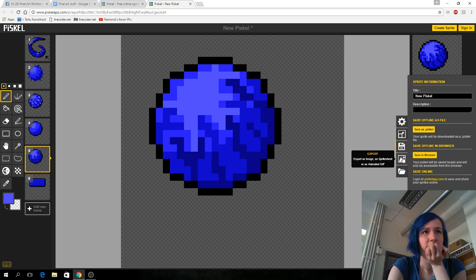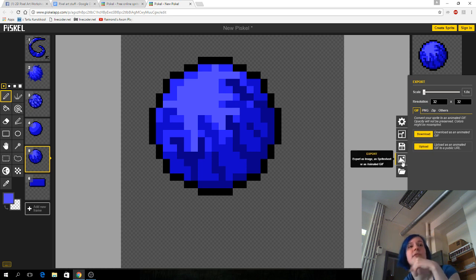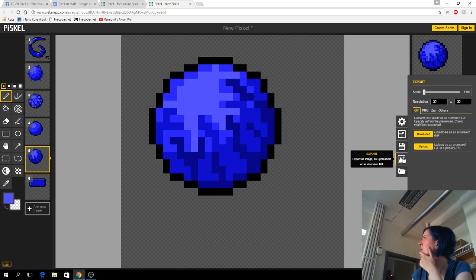But yeah, you can also export your design from here as a GIF maybe. And also this program is good because you can export your files to sprite sheets that you can use in your games. And the only thing bad that this program doesn't have is stuff to make tile sets. So there's no tiled view